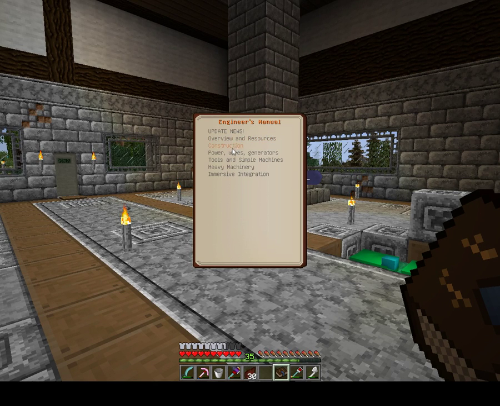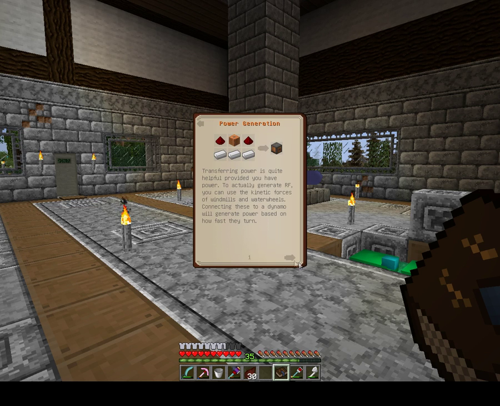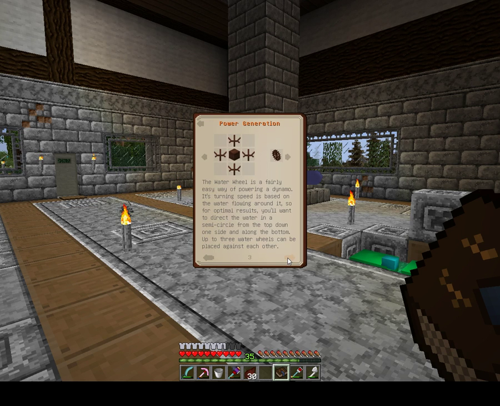Okay. Power, wires and generators. Power generation. We are going to be making ourselves some water wheels. Now at top these will produce 30 RF per tick. So what we're actually going to be doing is you can chain 3 of these together. So we're making 3 sets of 3. Each bank will produce 90 RF per tick,